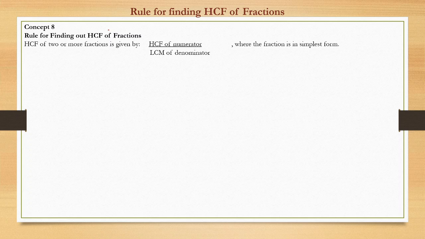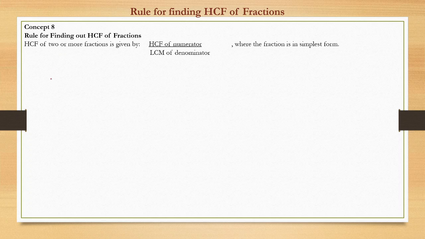So now we move ahead and build upon those concepts to see some moderate difficulty level concepts in this series. Herein we'll see how to find the HCF of fractions. So far we have seen HCF of only numbers. And we know that we can find HCF only for rational numbers. So rational numbers also include fractions.